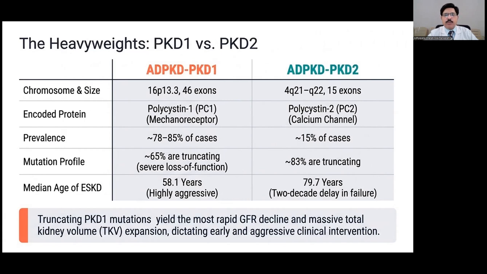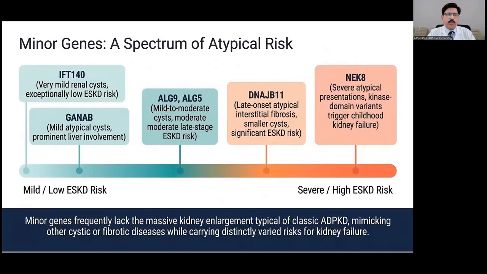Truncating PKD1 mutations yield the most rapid GFR decline and massive total kidney volume. This is another important measurement you need to know, TKV, total kidney volume, dictating early and aggressive clinical intervention. There are certain differences between PKD1 and PKD2. Now,